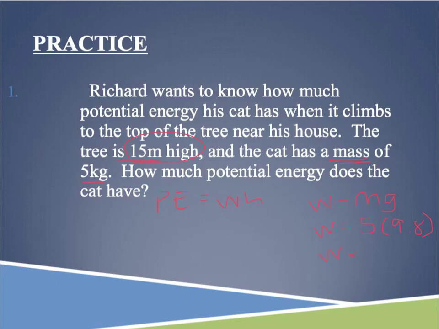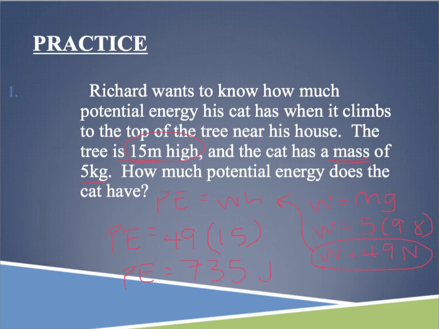And so when we multiply by 9.8, I have to do it on my phone real quick. It's going to be 49, and we need to use a capital N for newtons because newtons is the force, and weight is a type of force. So now we can plug that into this equation here. We've got potential energy. I've got 49 newtons. I'm multiplying that by 15. So when I plug those numbers into my calculator, I'm just going to do simple multiplication. That potential energy is